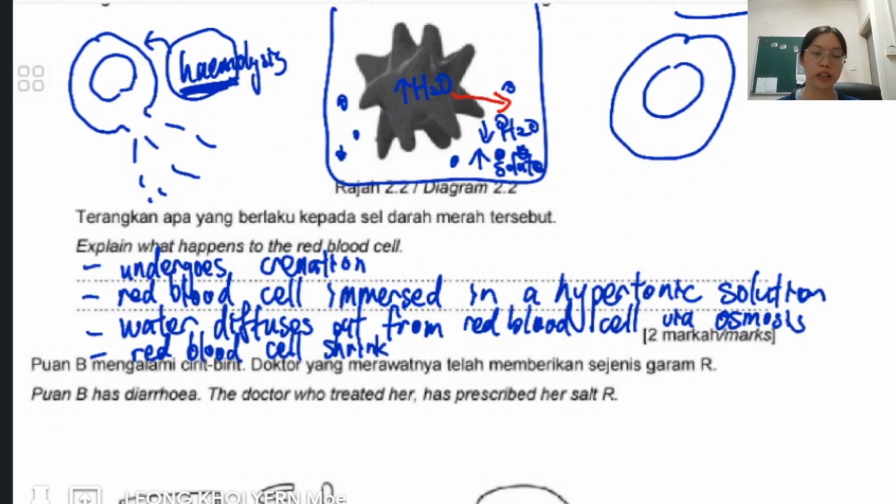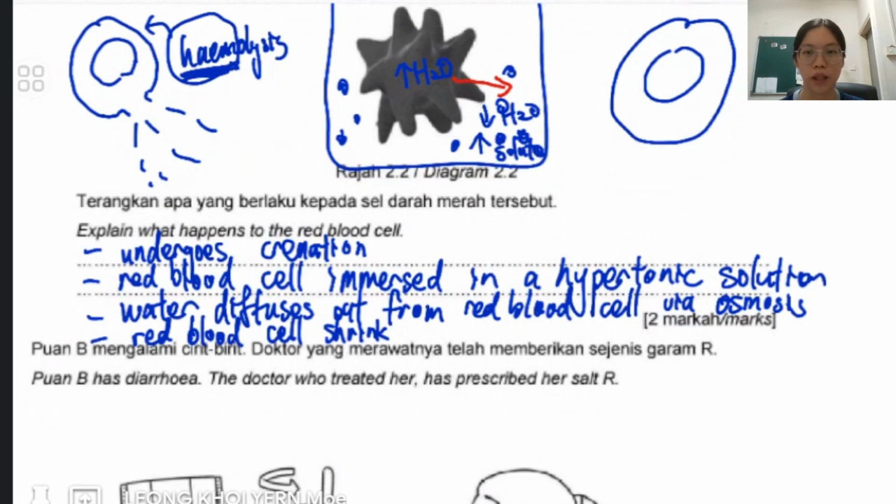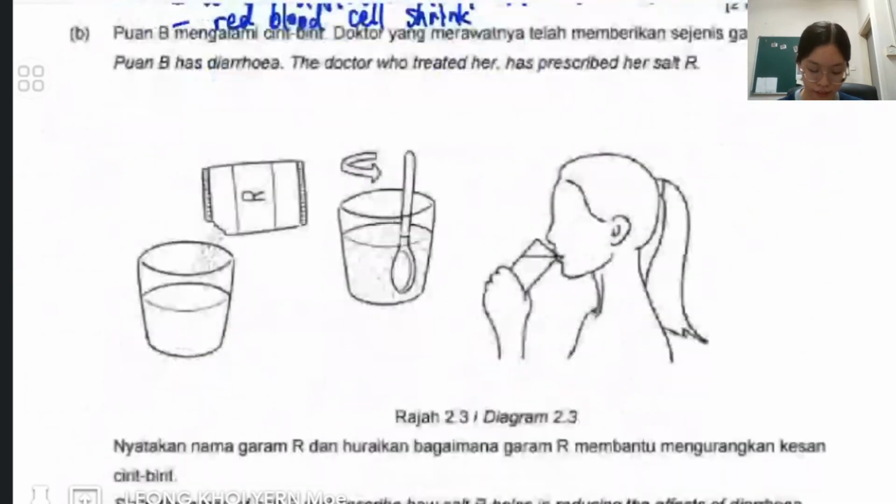So here are the 4 points, but as long as you mention 2 of the points, you are correct already. I mean, you get full marks already. And